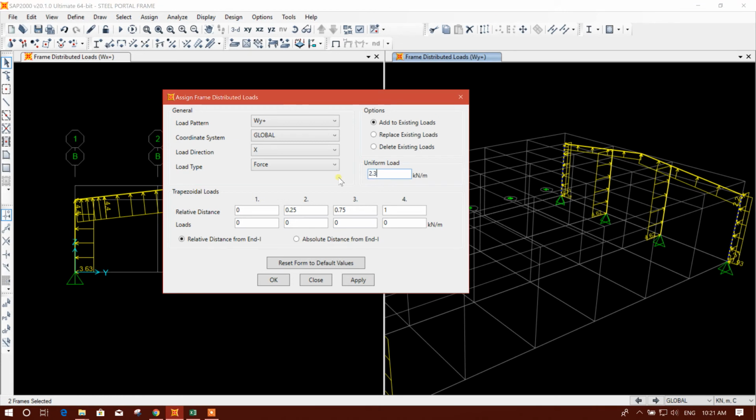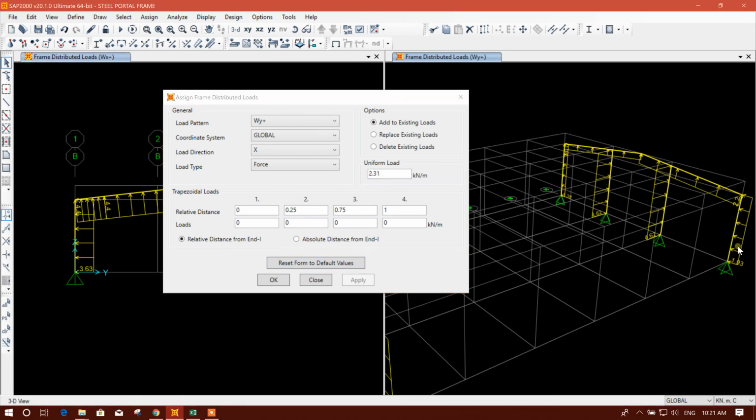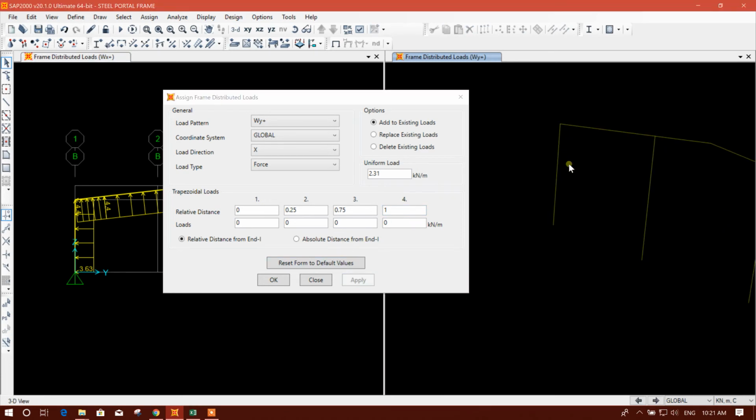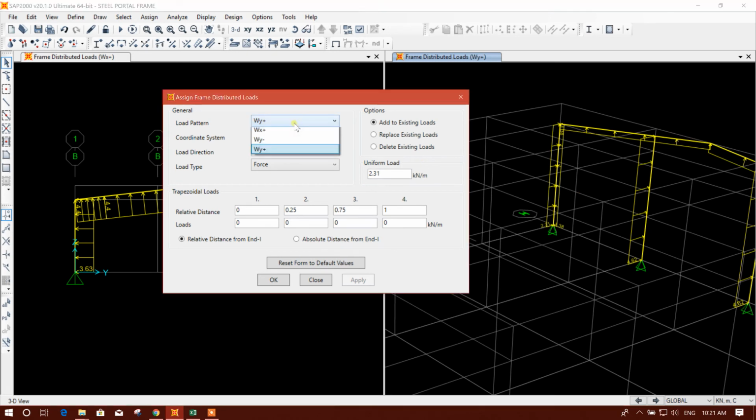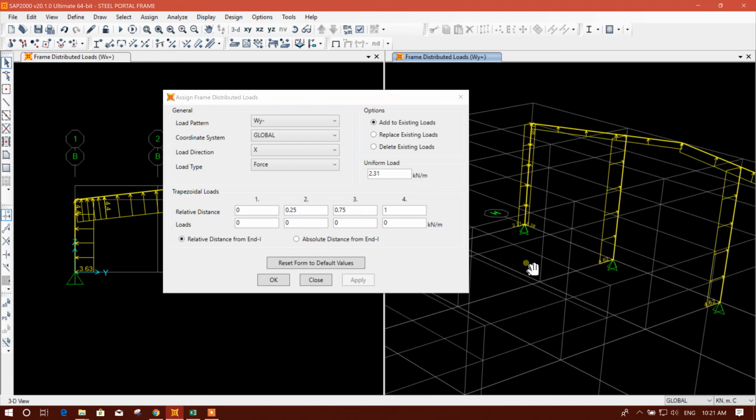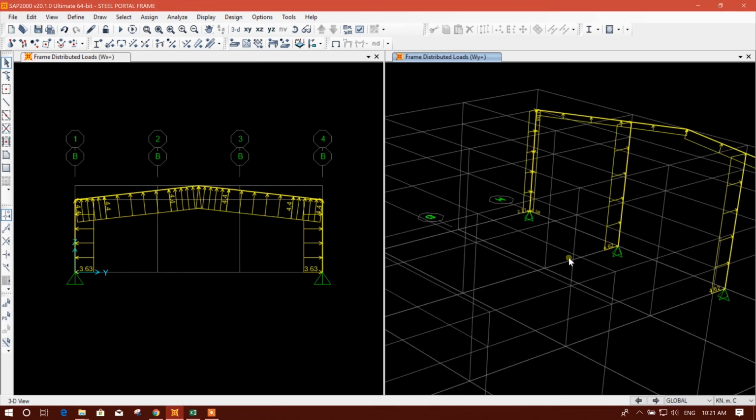So 2.31 like this, again this. Okay, now wy plus finished. For wy minus we'll check it. Wy minus